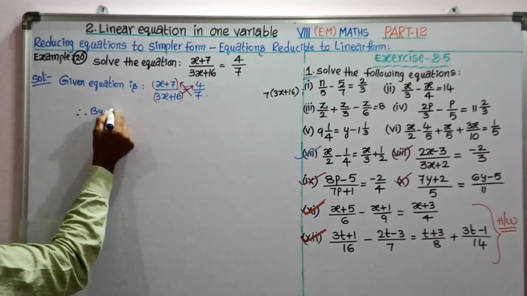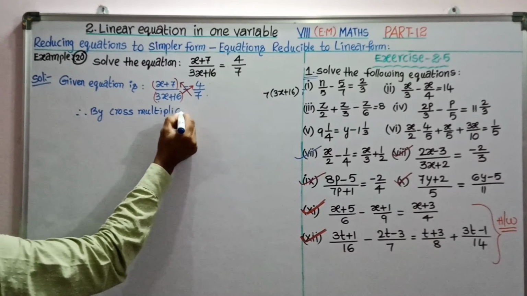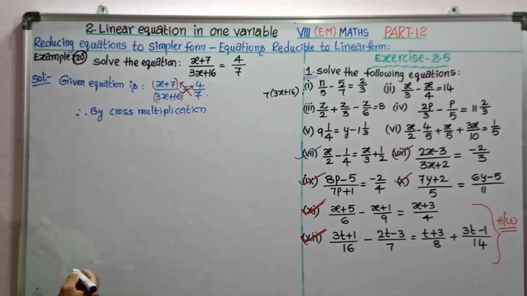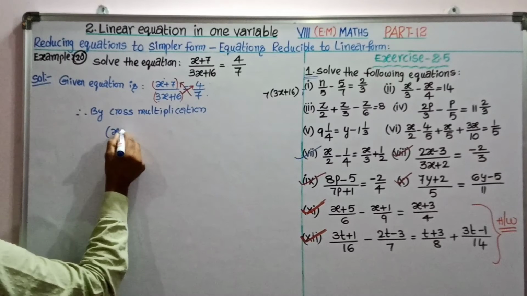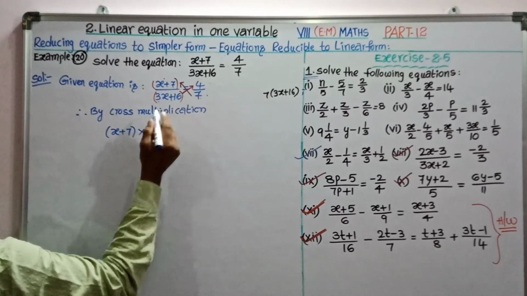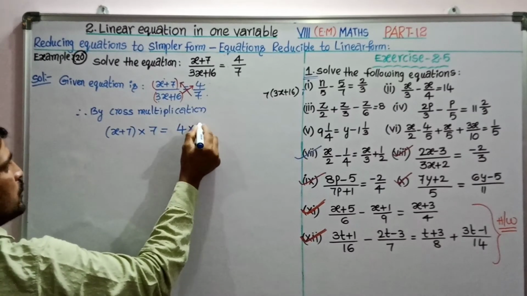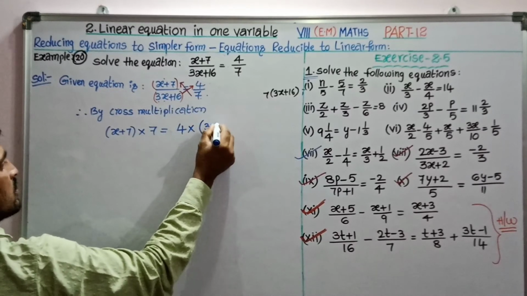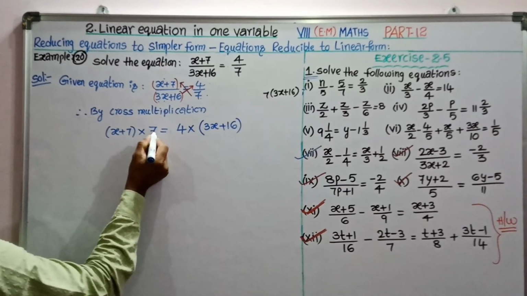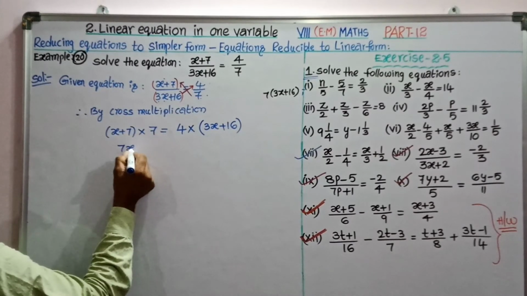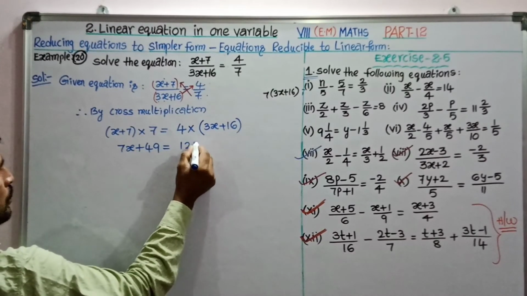Therefore, by cross multiplication, what is cross multiplication? Numerator of LHS, that is x plus 7, into denominator of RHS, that is 7, equal to numerator of RHS, that is 4, into denominator of LHS. This is what we call cross multiplication. Now distribute this 7 into x, 7x plus 7 7s are 49, and here distribute 4 3s are 12x plus